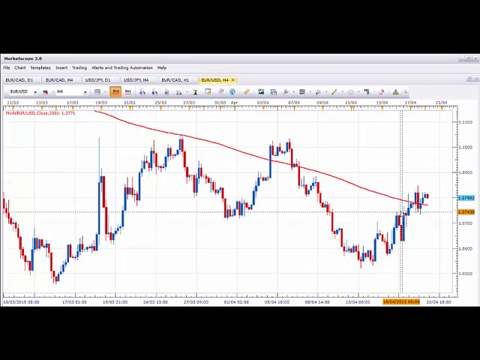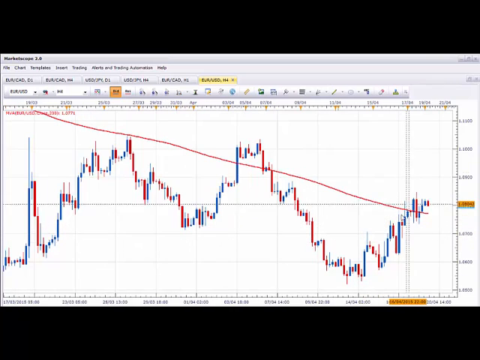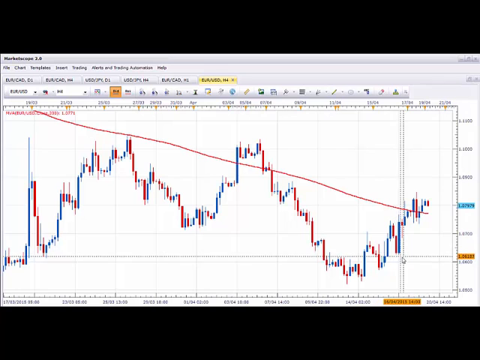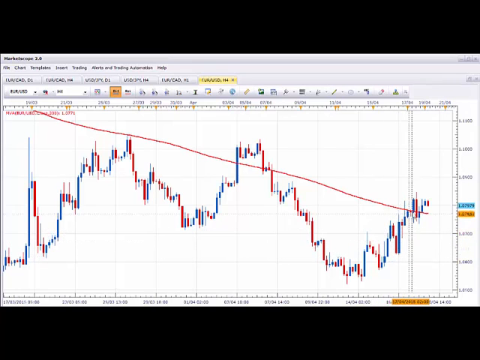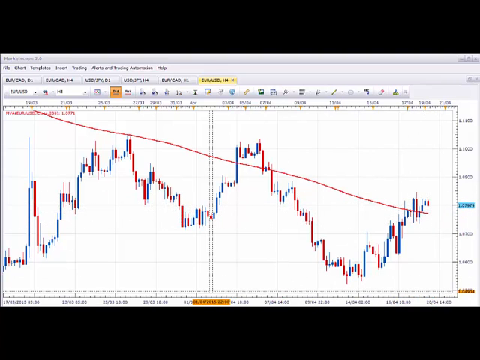Okay, so now we have to look at the price, if the price action is above or below this line. Here in that case, Euro US dollar, the euro is stronger than the US dollar. So what I do, I open a notepad